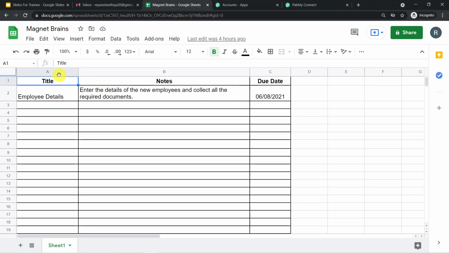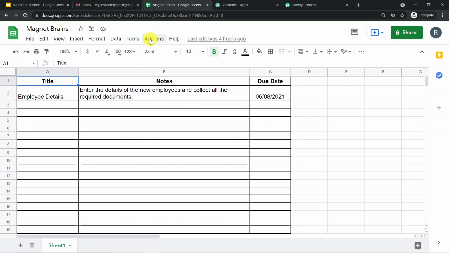See, I have the data in column A, column B and column C. This time I want the data to be captured till column C, so I will be selecting column C. If you have the data till column G, you can select column G if you want the data to be captured till column G.